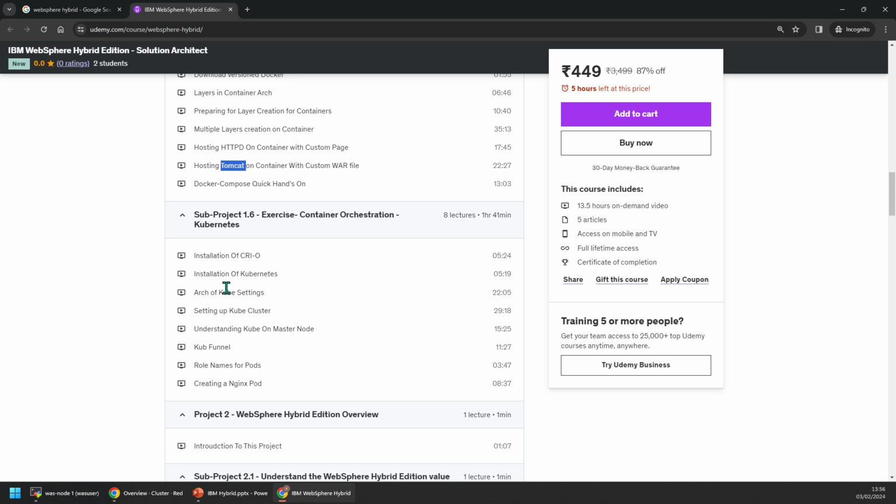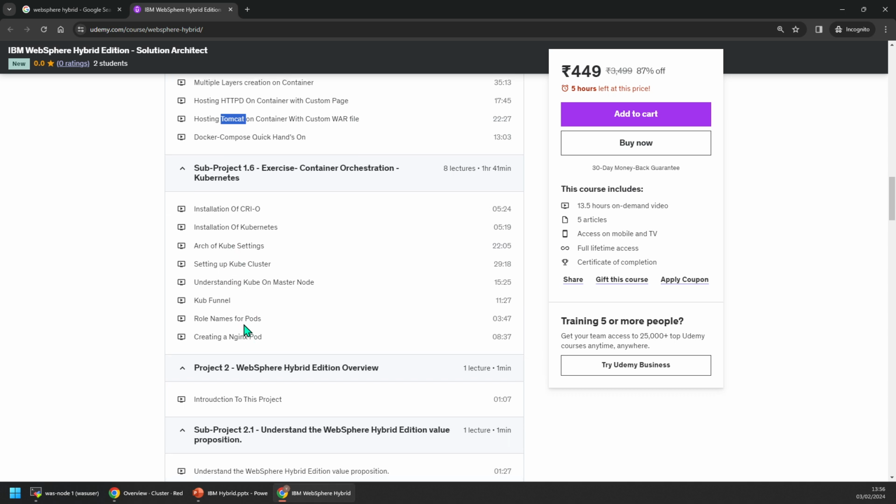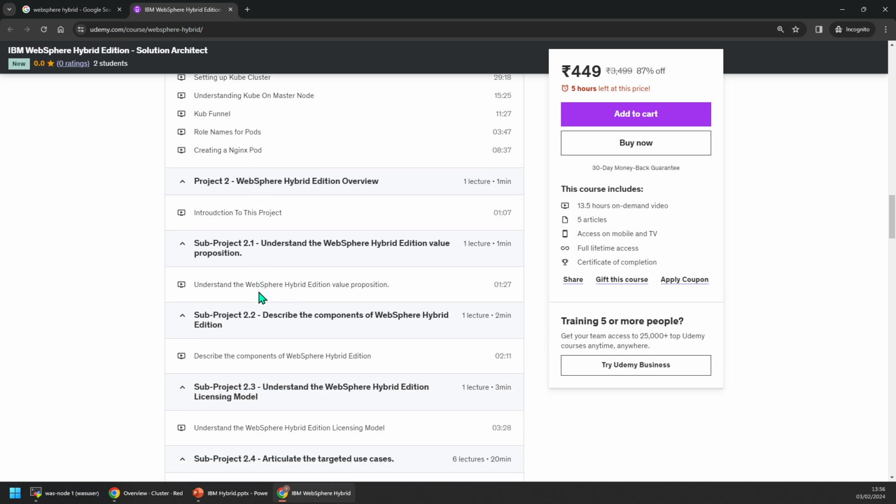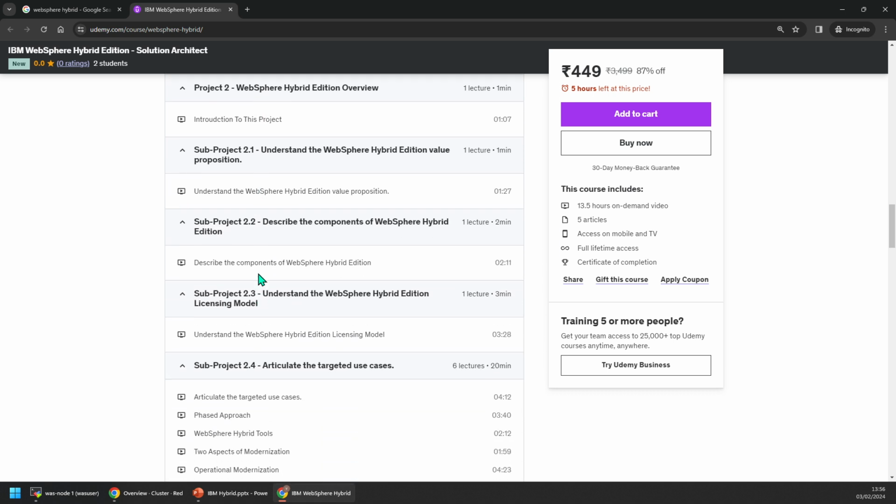We understand the architecture, we work with Kubernetes, and we do the Nginx deployment in Kubernetes. And then on top of that, there is project 2. This is a project-based course, which means that every time you complete a project, you accomplish a milestone, so that you can really understand things on a milestone basis.